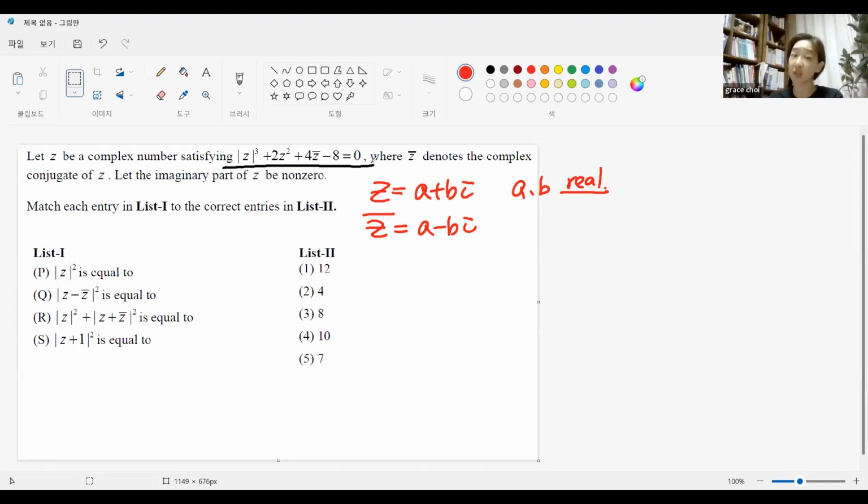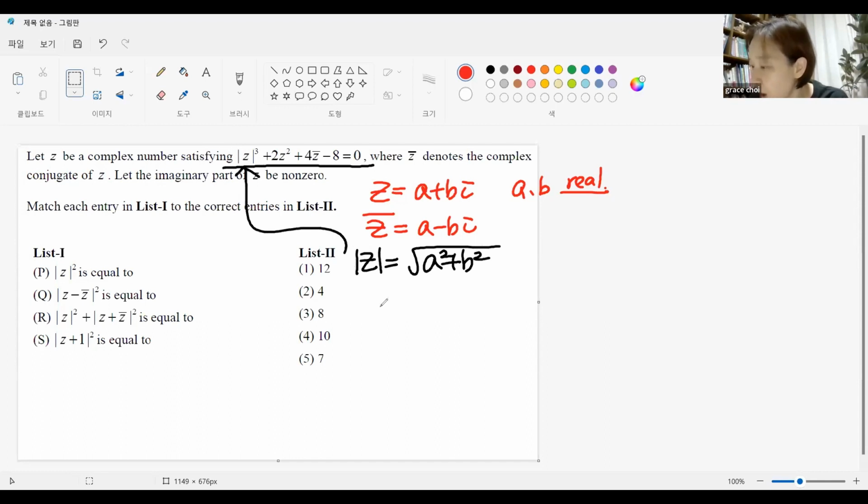The modulus of Z is the square root of a squared plus b squared. And then substitute here. So cube. Okay, so a squared plus b squared times the square root of a squared plus b squared, then continuously 2